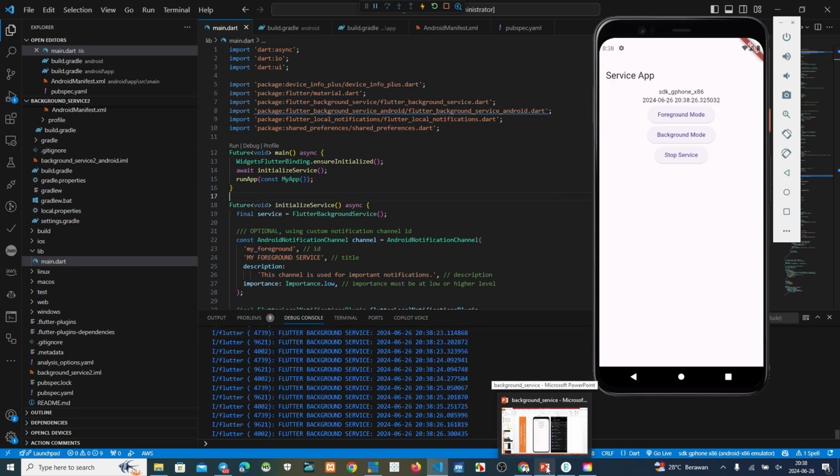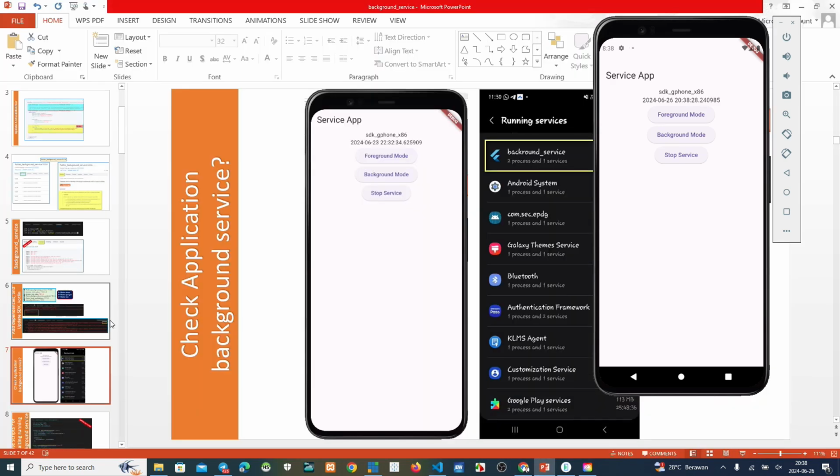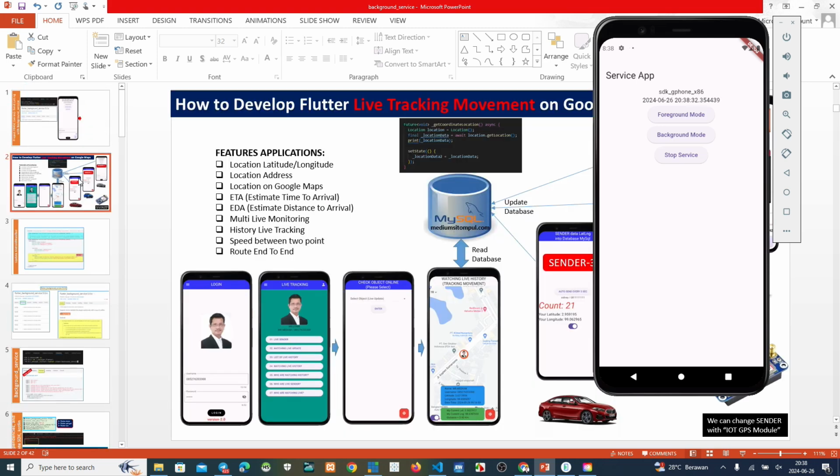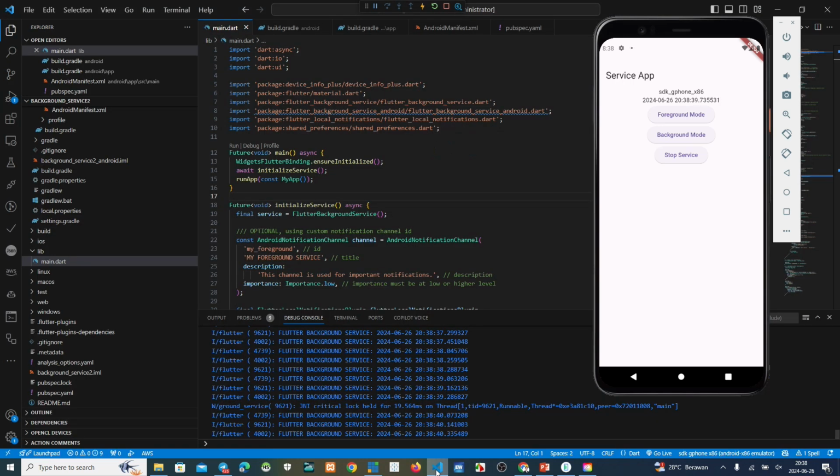Now we want to send the lat long data, updating from this one to the database. Okay, how to do that? Because this one has no recording. After we update, we can check the recording.